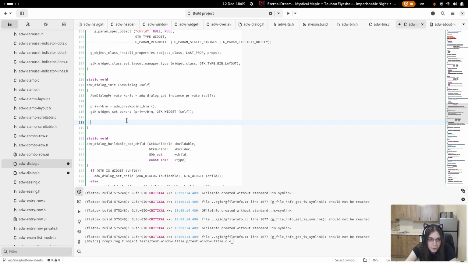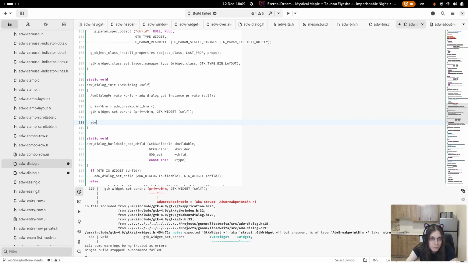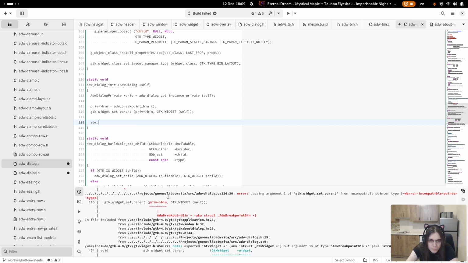Now we need some breakpoint. Oh, right. Maybe I should keep it a widget, but we'll see.